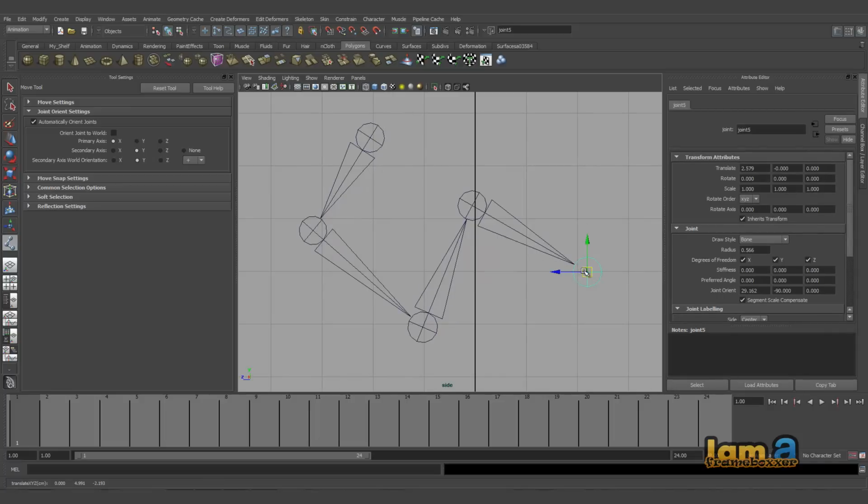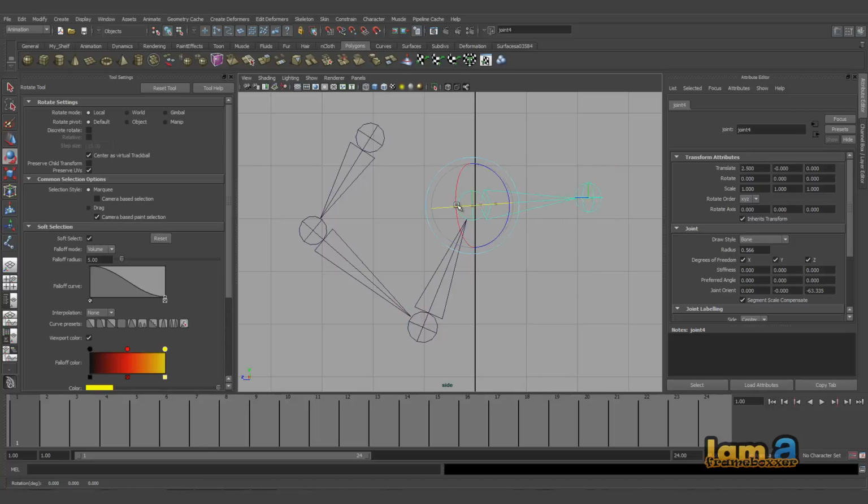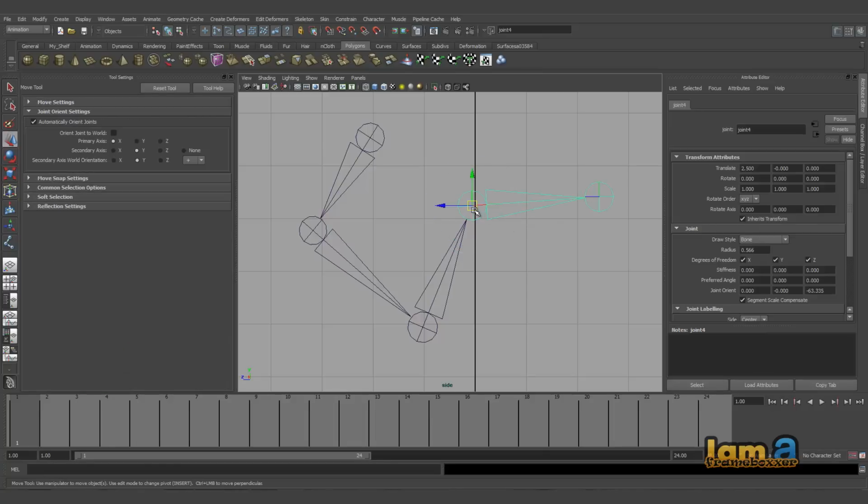So whenever you move a particular joint, it affects the local rotation. The rotation of the joint is affected in a certain way. You always want this to be rotated in this way, right? That is how it becomes proper when you start animating. So whenever you edit the joint, by default the other joint, the parent joint, orients itself properly. This is something very cool to notice and remember.